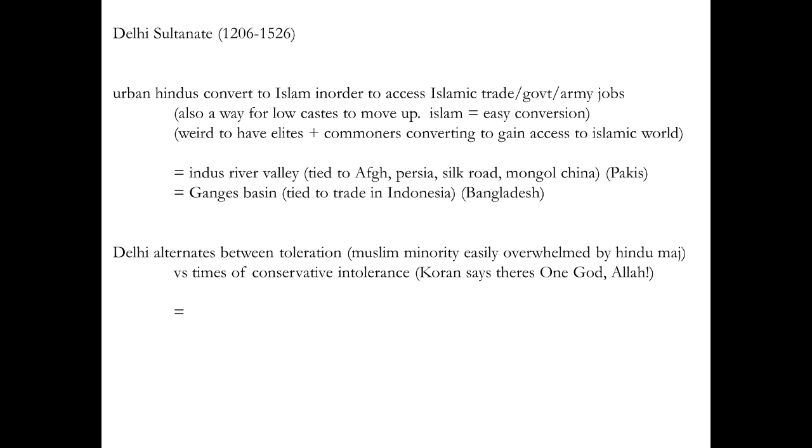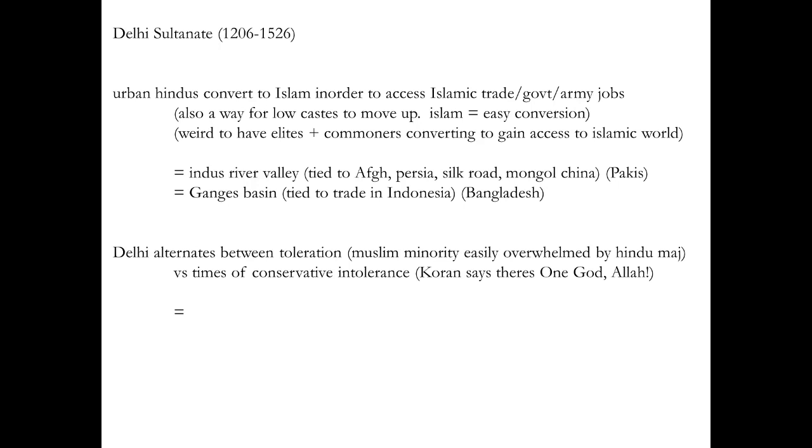And so what they're going to do is convert them. They're going to give them rights in exchange for cultural conversion. So the people who convert, and we'll see this with Protestantism in Europe, is the urban people. Urban Hindus convert to Islam in order to gain access to Islamic trade routes, government jobs, army jobs, not like soldier jobs, officer jobs, the ones that pay, the ones that bring respect. Urban Hindus, the ones with education, the one with access, the one with income, the one with businesses, are going